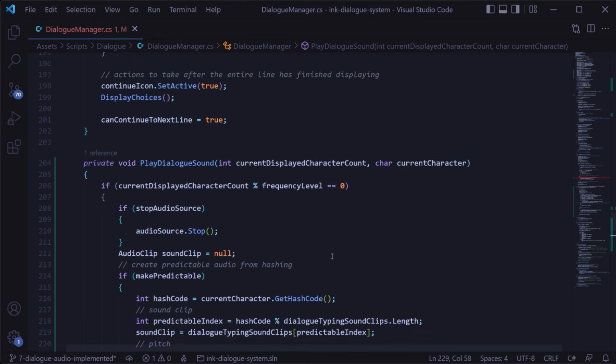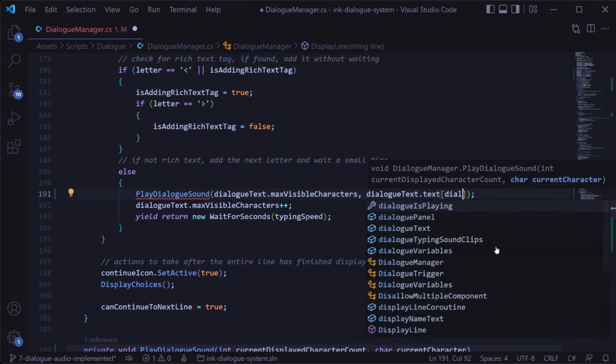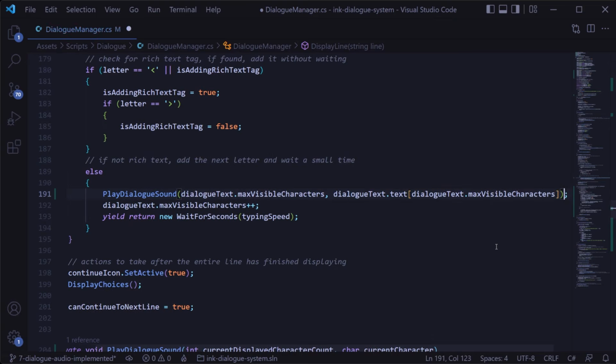And last, of course, when we call the playDialogSound method, we'll want to pass in the current character, which we can get by calling dialogText.text and then treating that text like an array where the index will be the max visible characters property. And because arrays start at 0, the first time around, this will actually get the first character just like we want it to, so having this before we increment the max visible characters property actually makes this